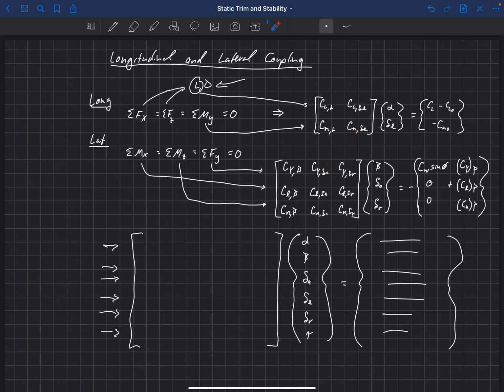And our pitch stability derivative here, actually the ratio between these two tells us the static margin, so that's an important measurement of longitudinal stability. And then our CL beta is our roll stability derivative, CN beta is a yaw stability derivative, and we've talked about what those need to be. So from these coefficients, we can understand the stability of the aircraft, and we can use the coefficients then to trim the aircraft.